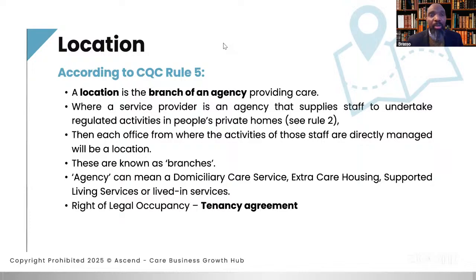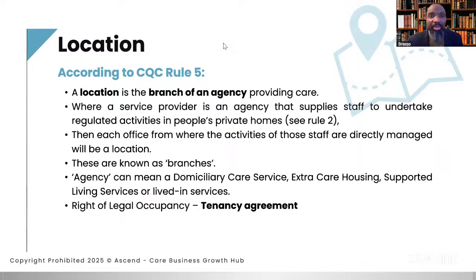Some always say, how about virtual offices? Again, virtual offices by their nature are not an office. Remember, when you are registering with CQC, inspectors will want to come and physically visit. So when you say it's a virtual office, it's just a chair, and it's not just yours. You are sharing with all other tenants within that virtual office. So there is no privacy in terms of protection of information,